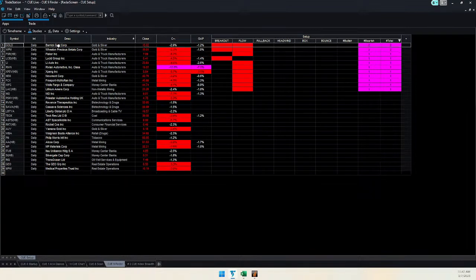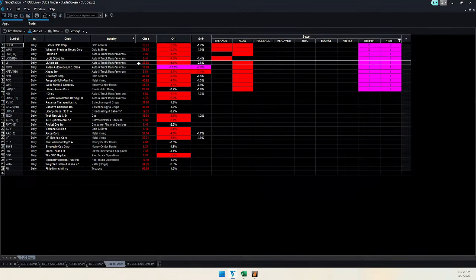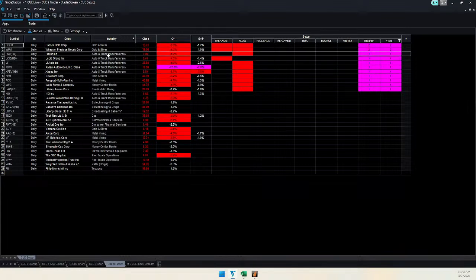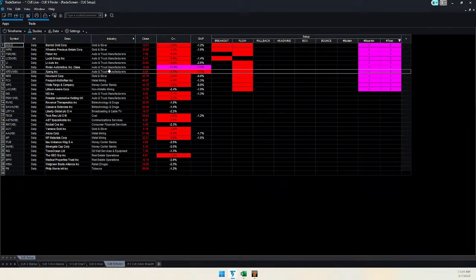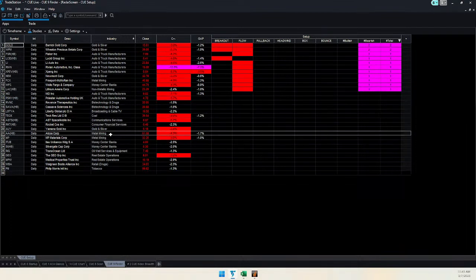So Barrick Gold came to the top, GOLD, then Wheaton Precious Metals. And looking at the industry, I see gold, silver is weak with trade setups, auto is weak. Great, isn't it? Because Tesla is a stock I shorted yesterday. I published it before knowing the results as usual. So I'm happy when I see auto and truck down. Again, gold, silver, and I see some biotechs, auto again, mining,